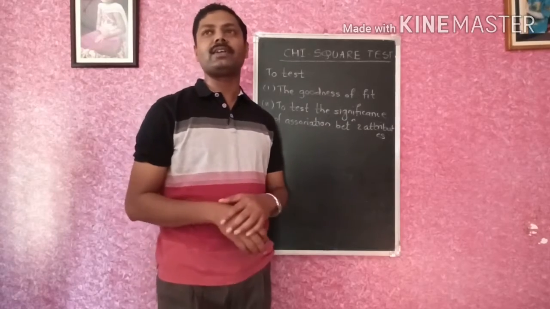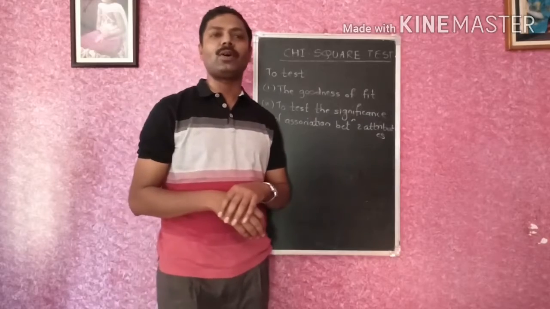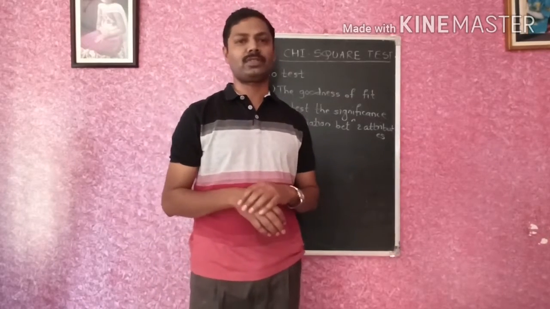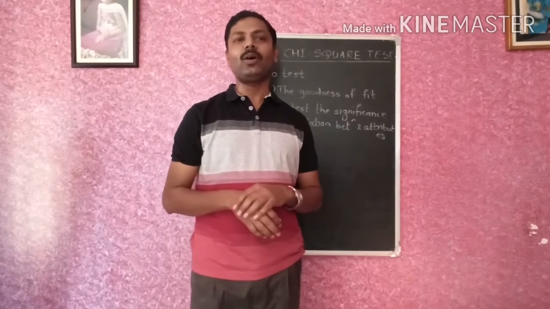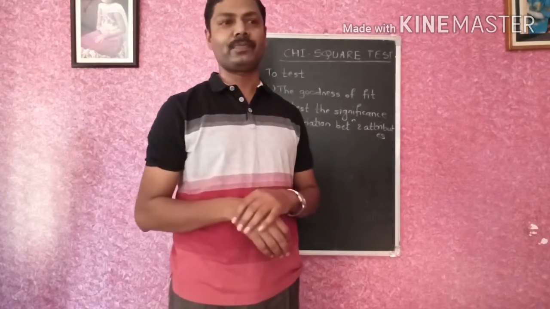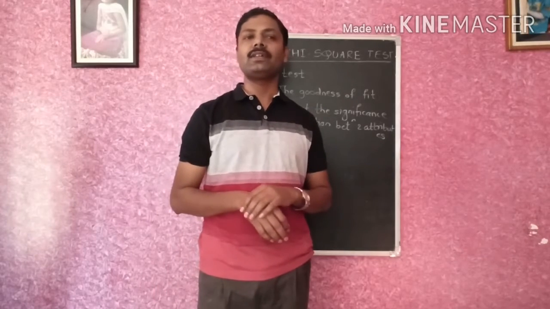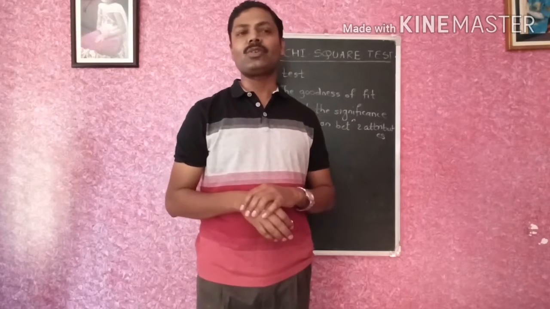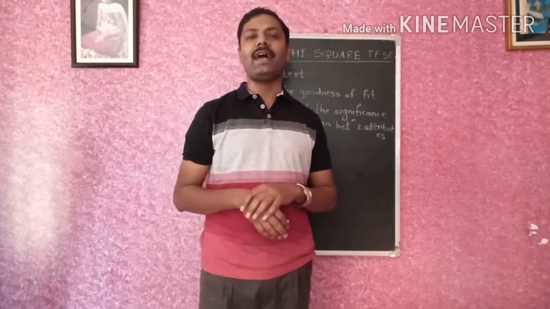For using the chi-square test, we may apply it either as a test of goodness of fit or as a test to judge the significance of association between attributes. It is necessary that the observed as well as theoretical or expected frequencies must be grouped in the same way, and the theoretical distribution must be adjusted to give the same total frequency as we find in the observed distribution. Chi-square is then calculated as follows.